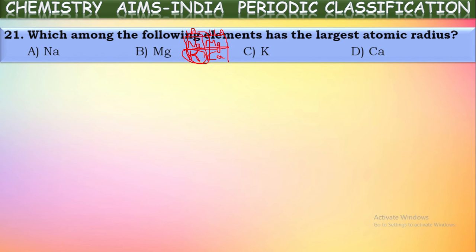The largest atomic size is for potassium, because in a group from top to bottom size increases, and in a period from left to right size decreases. So if you observe the positions of these elements, then we can relate them very easily. No need to remember the atomic radius and atomic size of these elements with quantities. We can just compare them by positioning them in the modern periodic table, because we know the trends of atomic properties. Now, the element with the highest atomic radius is potassium.